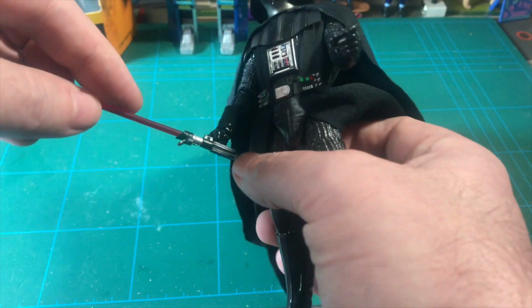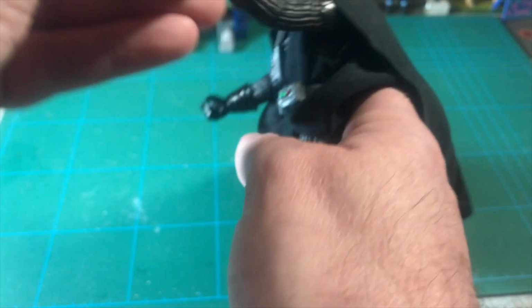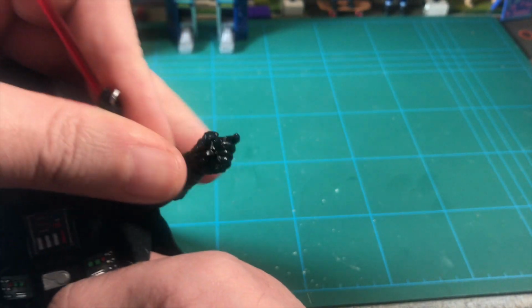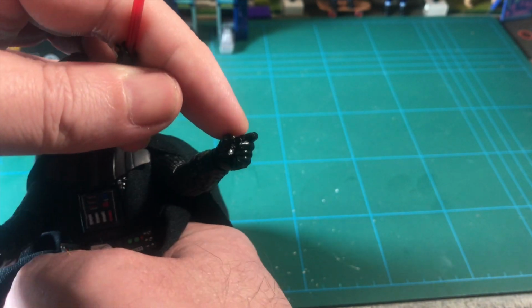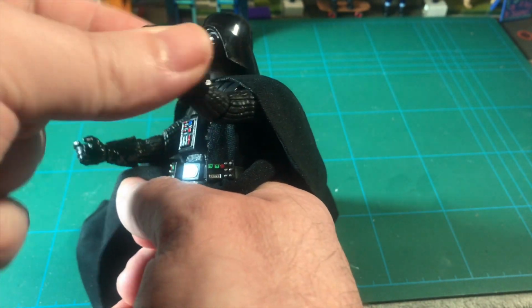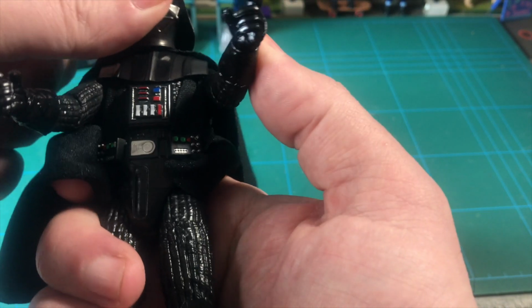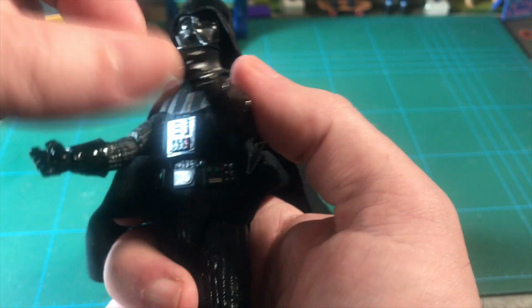Let's get his lightsaber in. I don't know if he holds it in both hands. Like again, I did this with the Luke. He's got like a trigger finger. Now that's good if you want to have him, don't choke on your aspirations, I think. But to hold